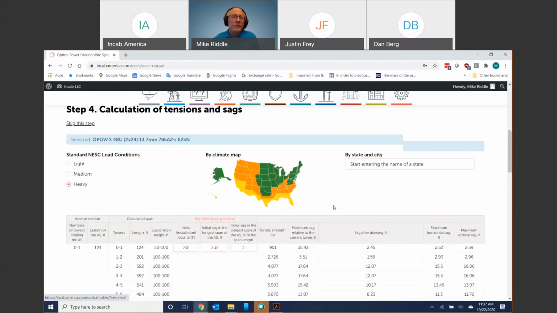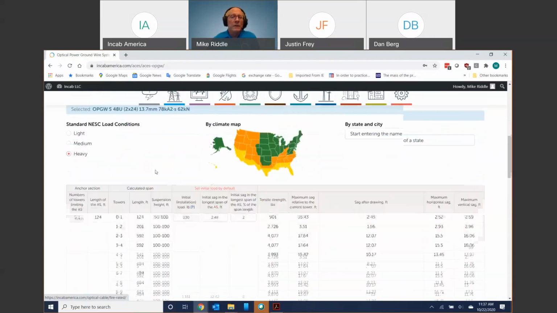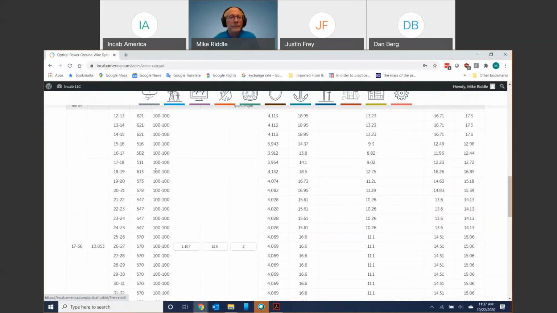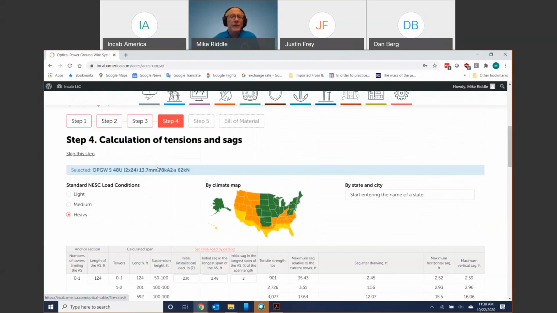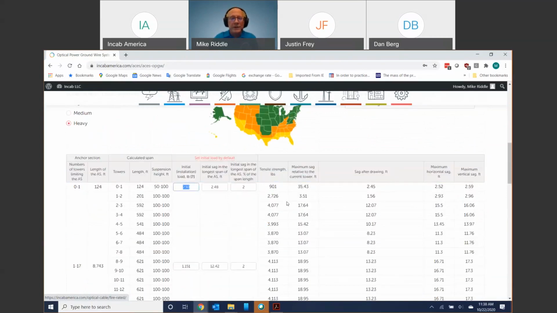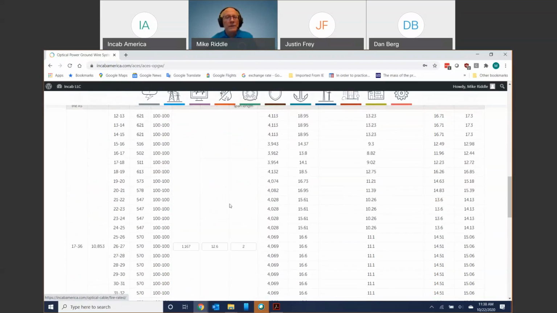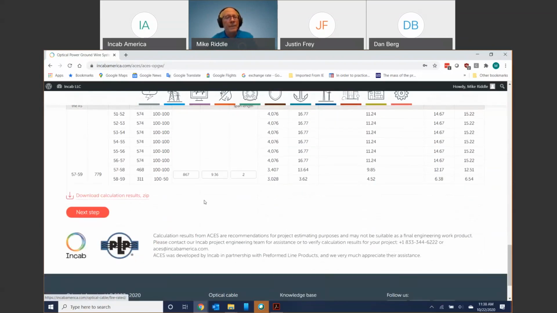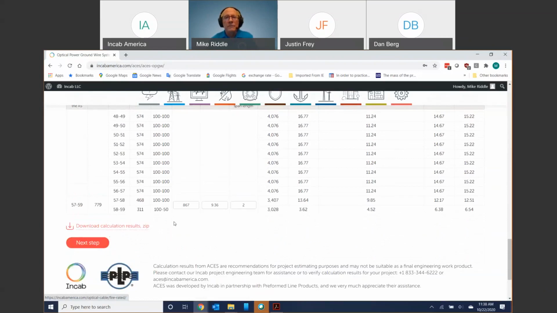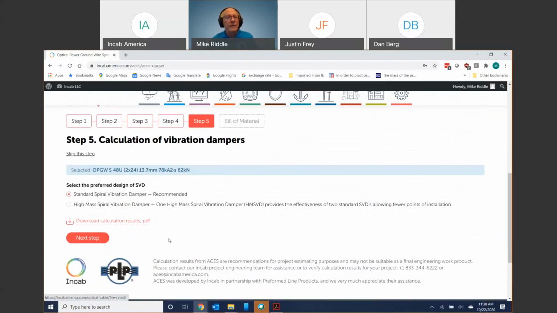And again, you can just pick it here, whatever you want to do. If you want to change things, change things. So if I wanted to pull in the cable at 300 pounds instead of 230 pounds, it's going to adjust all of the information for you. So as I say, you can dial in the design using this information. Once you're happy with what you've done, you can download it, and then you could go on to